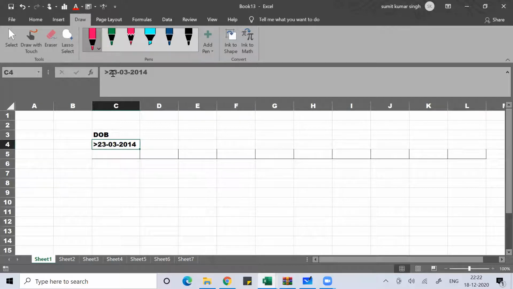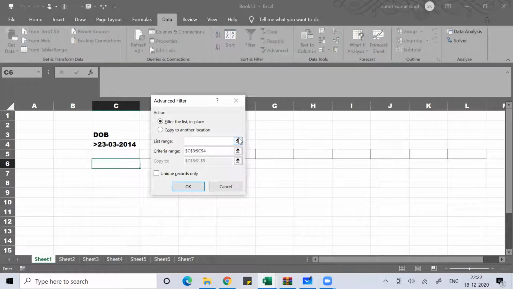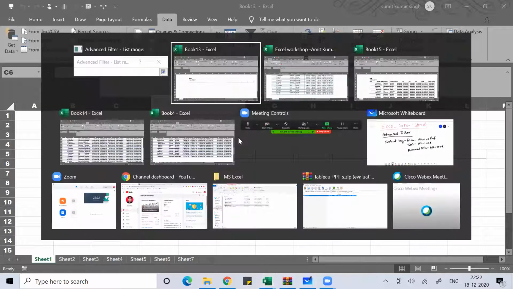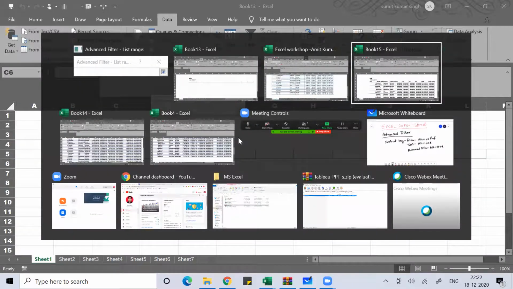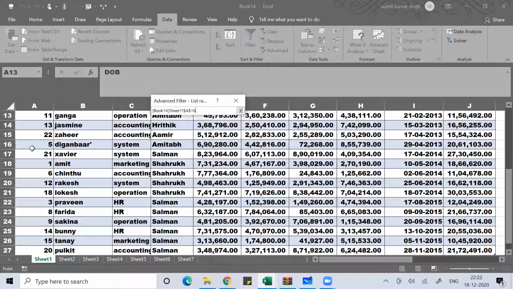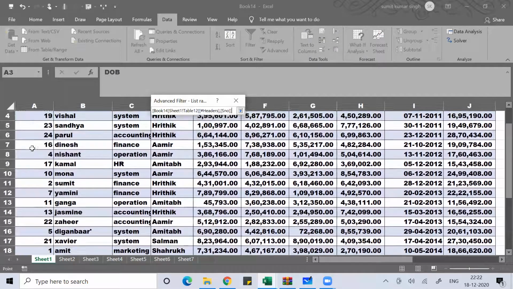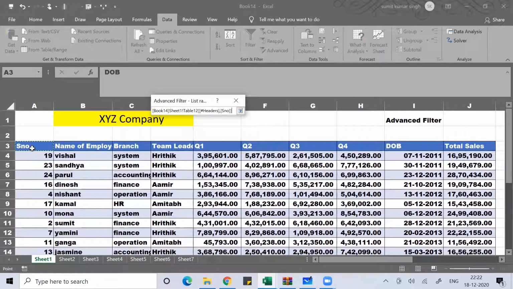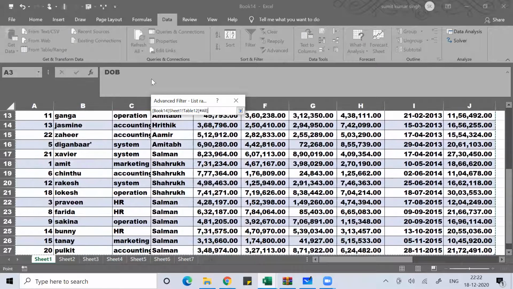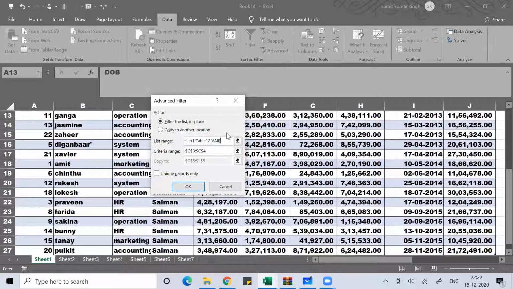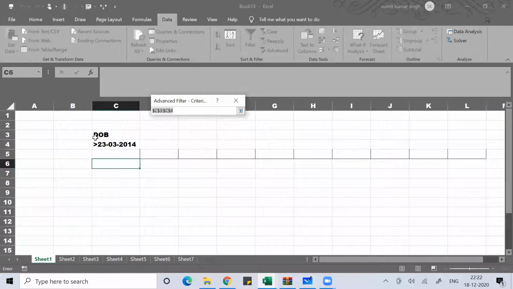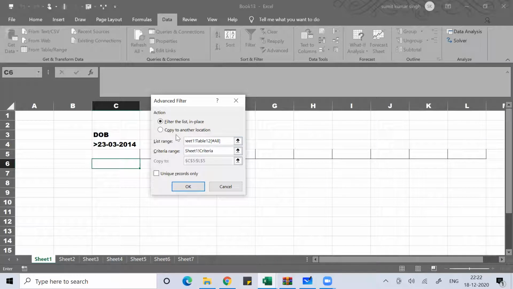So let's try this also. Alt A Q, list range. Control Shift right arrow, down arrow. Criteria. This is your criteria. There should not be any space. Then copy to which location.